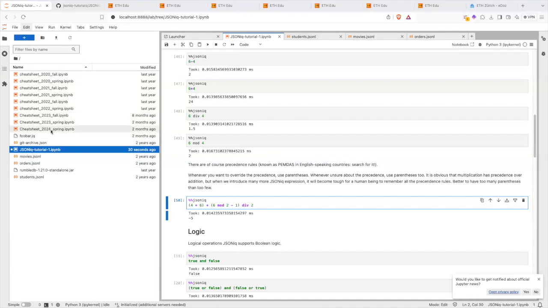And here you'll find all the past exams. So it's basically just environments that give you a snapshot of what you have at the exam. We will also share the 24th fall notebook for you so that you will know in advance what environment you will have at the exam. So this is so that you can work on all the past exams as well.